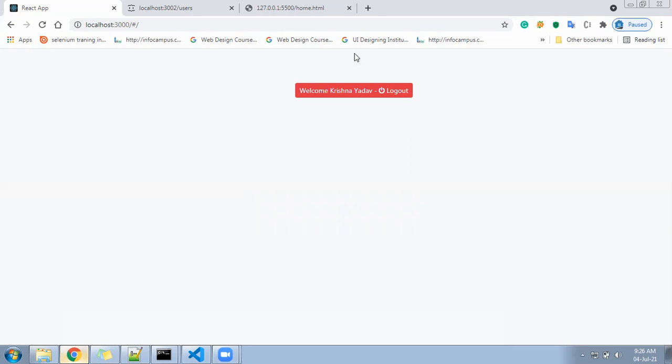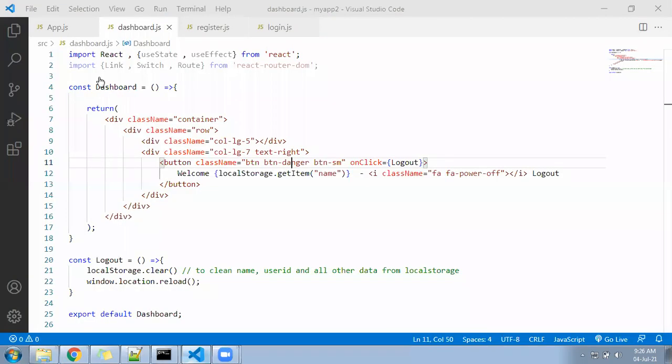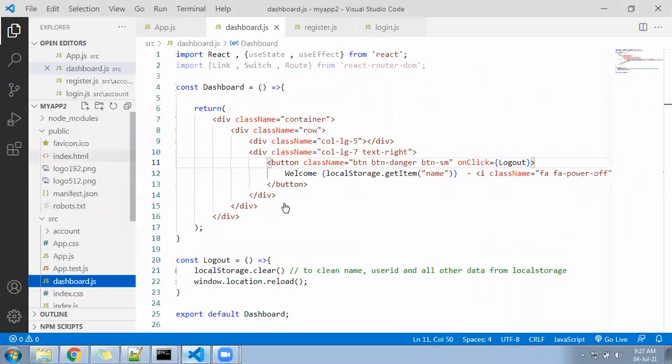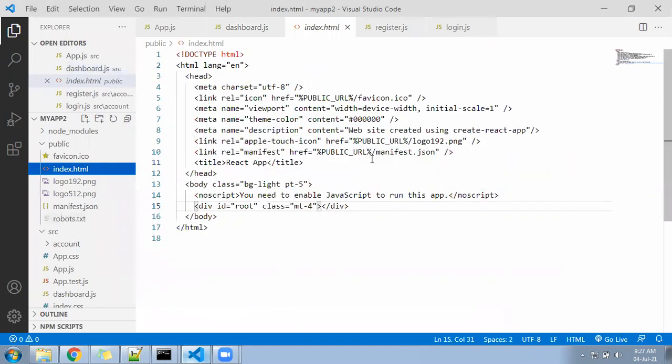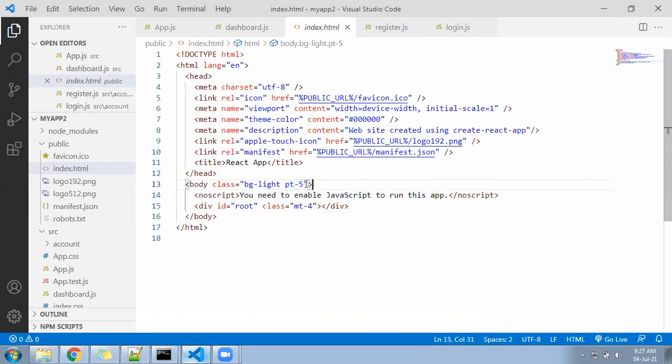Now there is some gap from the top. This gap should not come here. We made a mistake in the index.html file in the beginning. In the index.html file, we have added empty something over there. Look here, PT1 we have added, right? PT and M4 we have added. Open that index.html file. In that we will modify it.